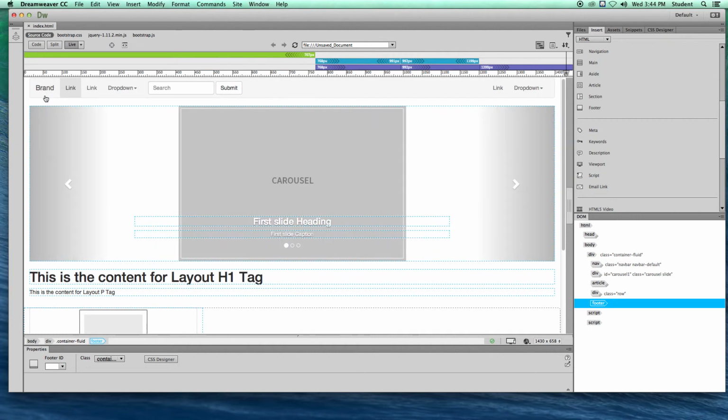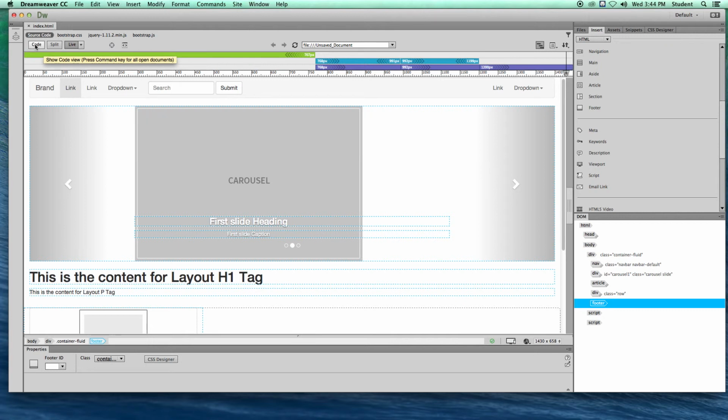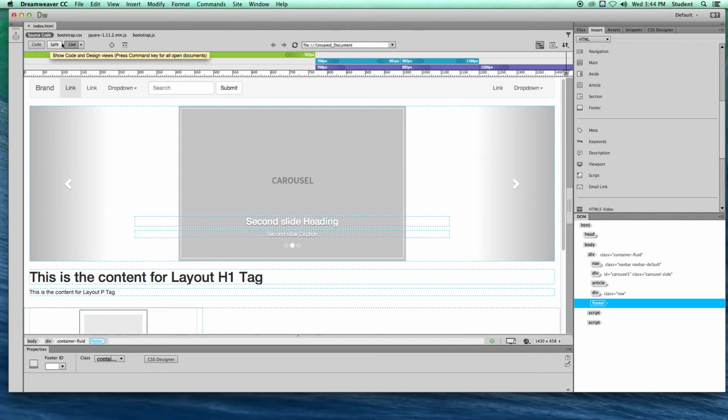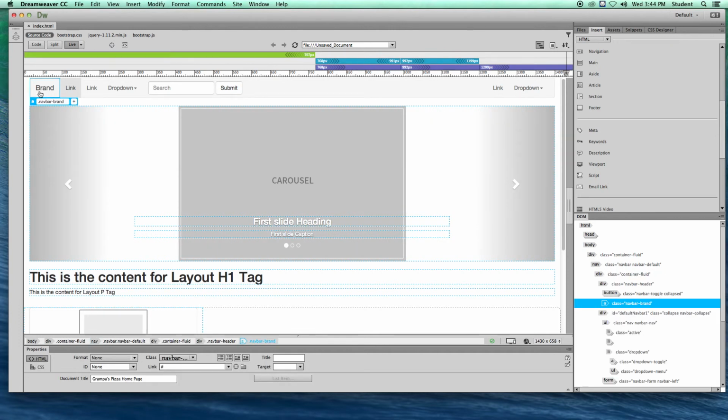Let's start up here with the navigation bar. Once again, we're in live view. You can also work from the code side if you're more comfortable with that. The design view does not work very good anymore with this approach. So I'm in the live view, and I can click in my navigation bar, and I can see this is a brand